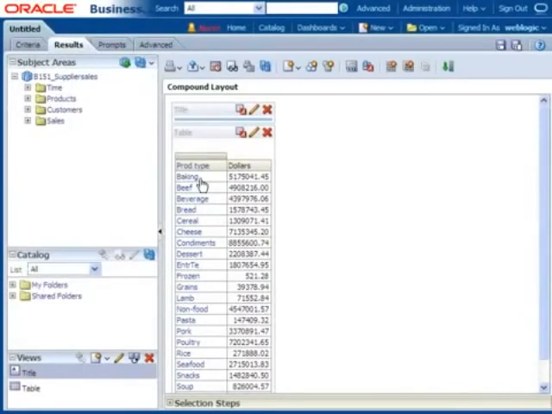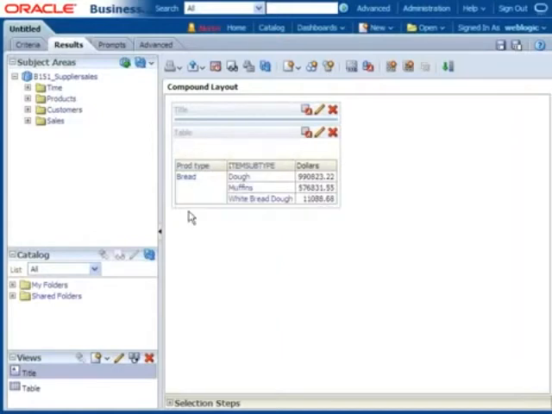this is what level of data it is giving? Type wise, what is the dollars? I have baking, what is the dollars? I have beef, what is the dollars? I have bread, what is the dollars? Correct. Now I am clicking on bread. Immediately what happens, sir? Remaining all totals are missed indirectly.